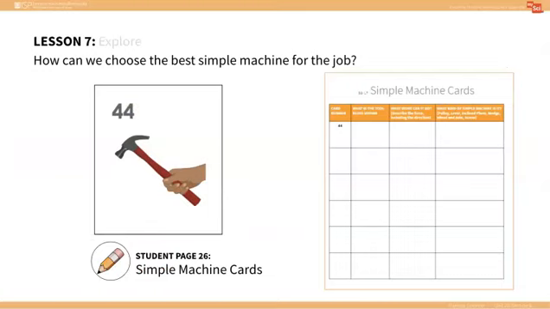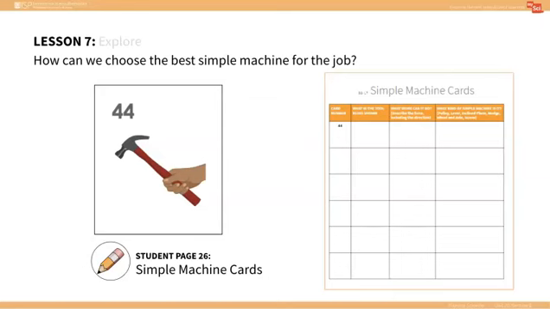Next, put students into groups and give each group of students 4 to 5 cards. Ask them to answer the 3 questions about their cards by filling in the table on student page 26. At this point, students just need to understand that simple machines change the amount of effort force and/or the direction